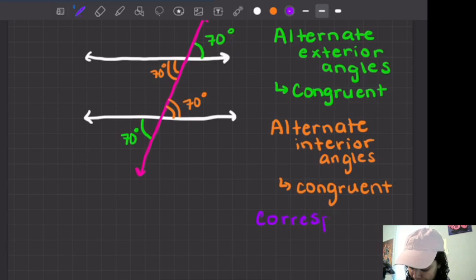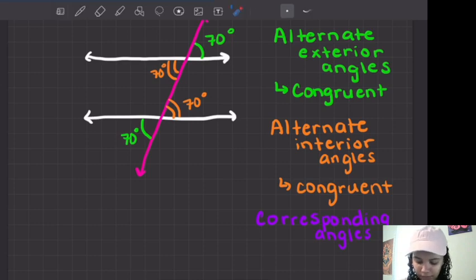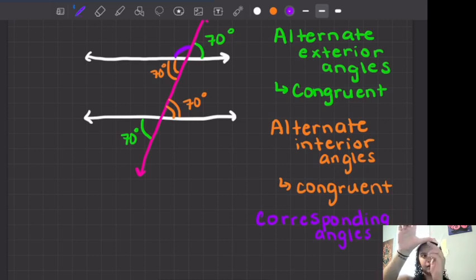Corresponding angles. The easiest way that I can think of corresponding angles is to think of the position of the angle itself. For example, if I look at this angle right over here, and I'm going to mark it in purple, it's kind of like up there, right? If I literally just slide that angle down, so it's up here, right? This is the parallel line, this is the transversal. So it's up here. If I just slide it down to this position right over here,